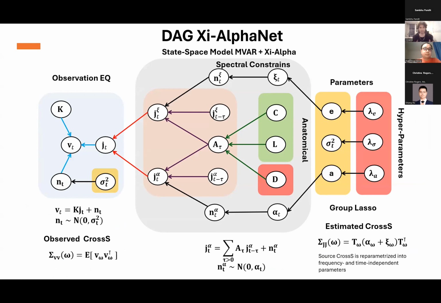So first, you have the classical observation equation that connects the observed EEG with the activations in the source. And the first important assumption we are going to make is that this activation in the source can be decomposed into an activation due to the shift process and an activation due to the alpha process. If you have additional processes, say theta, beta, you can suppose that you can decompose it into the sum of all these processes. And then you are going to assume that all these activations associated with these spectral processes, the shift and the alpha,